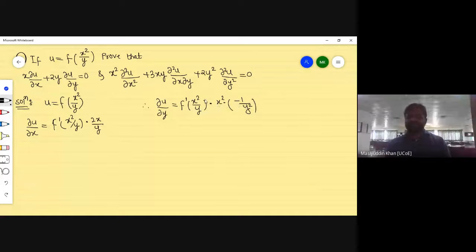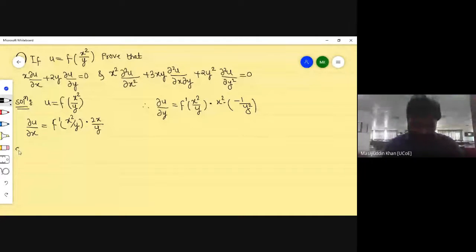So hope this thing is clear to everyone. If you're not getting it, just let me know. So definitely I will explain. So ∂u/∂x and ∂u/∂y we have. So according to the first concept, we have to sort out this part. So I'm just taking the given,